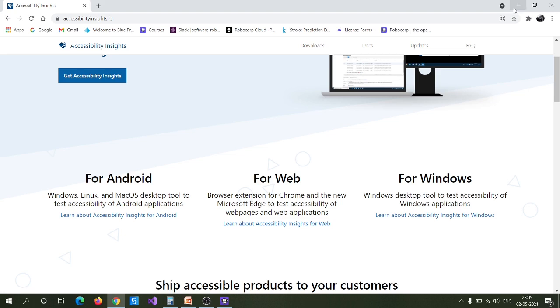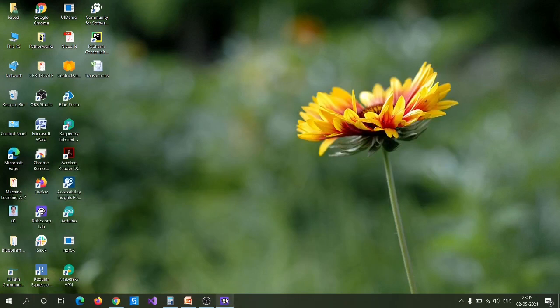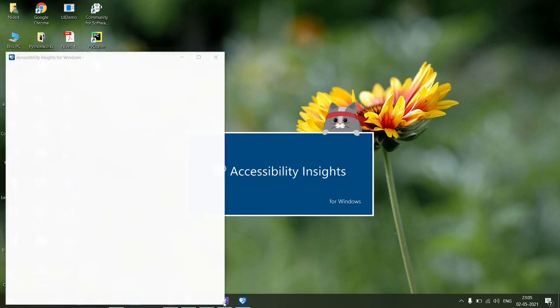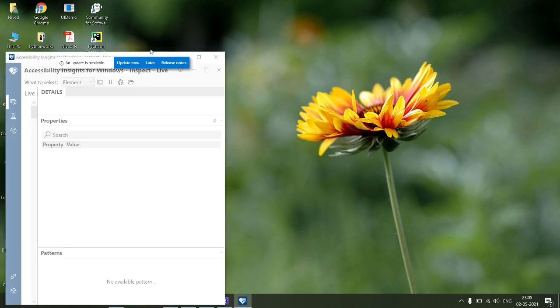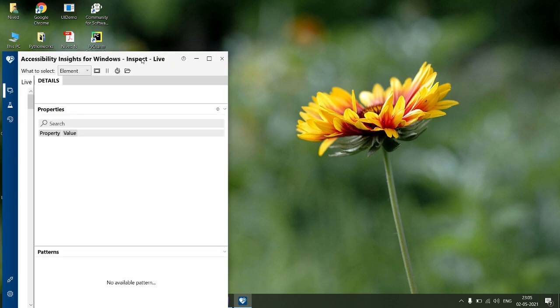I think you can only do it with Windows, but in future there may be an update for Mac OS also. So let me open the Accessibility Insights software.